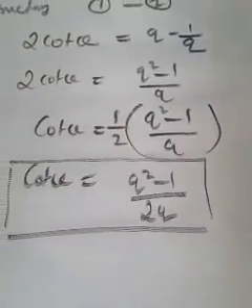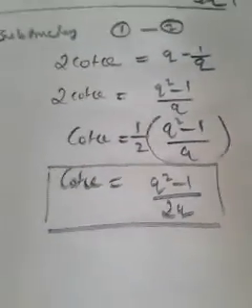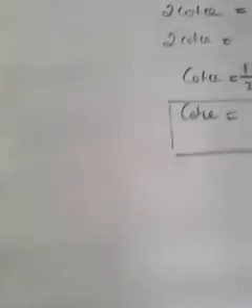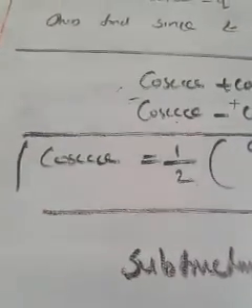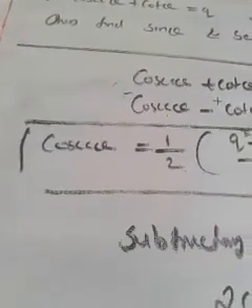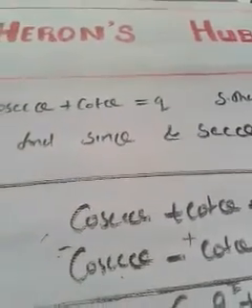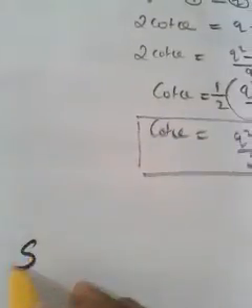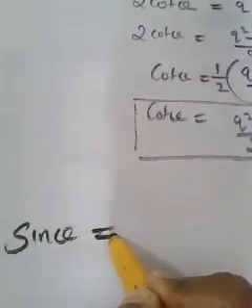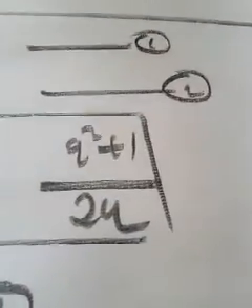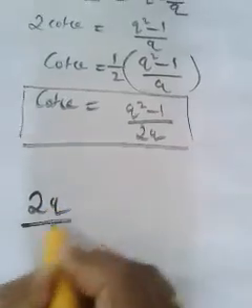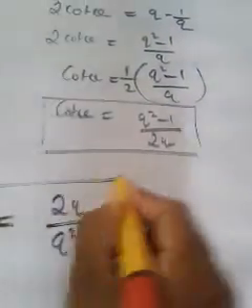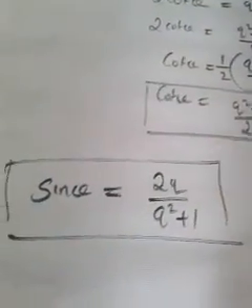Then we have to reach sine and sec as in the question. Let me try for that. We have cosec with me. By using cosec, how can we reach sine? Because the question is to calculate sine. What is sine theta? Just take the reciprocal of cosec. We got the value of cosec theta as (q square plus 1) by 2q. Then sine theta will be 2q by (q square plus 1). So according to the question, we have found the value of sine theta.